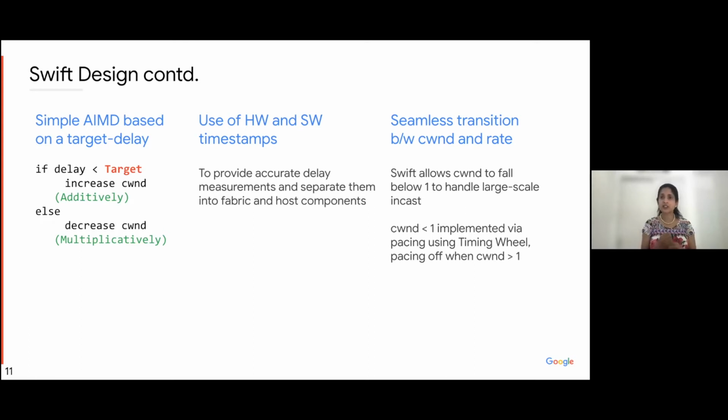However, under extremely large scale incasts, say, think about tens of thousands of hosts communicating to a single server, when the operating point can get to lower than 1 packet per round trip time, Swift resorts to the rate mode, wherein it enforces the rate using a scheduler, such as the timing wheel, to pace out packets, such that each of the packets from these tens of thousands of flows are paced out smoothly in order to alleviate congestion at this link incoming to a server.